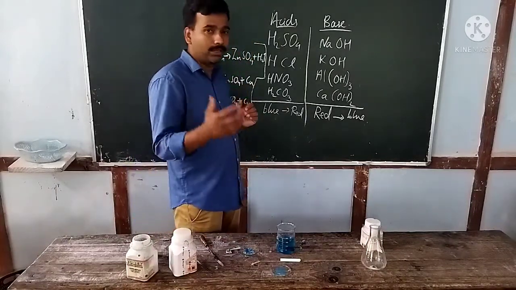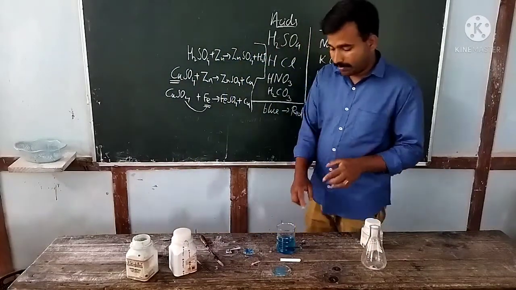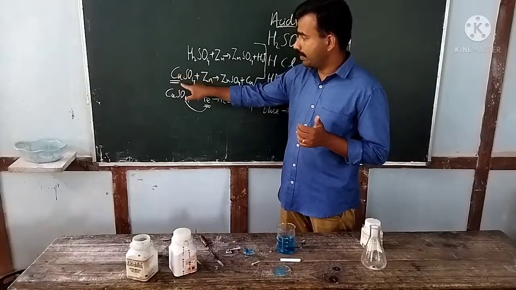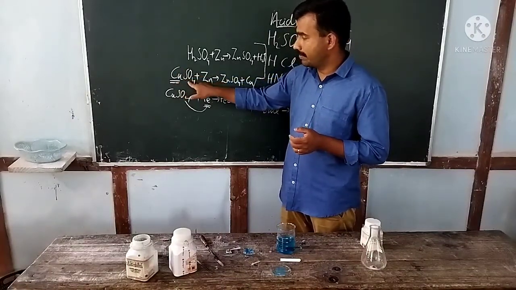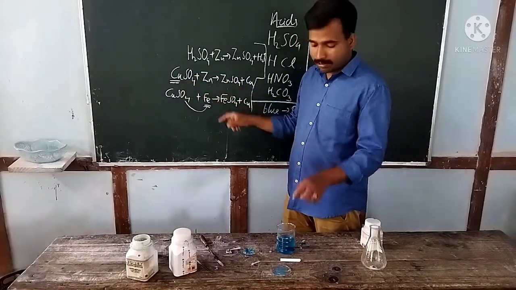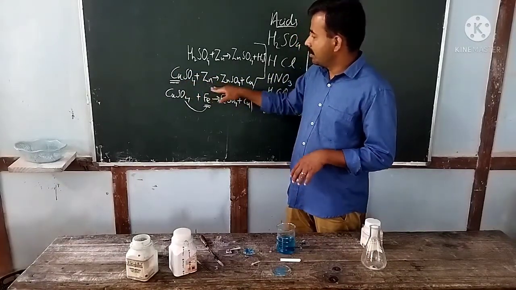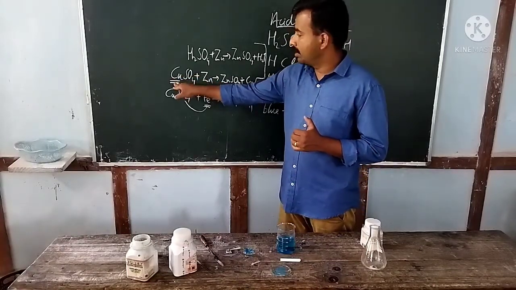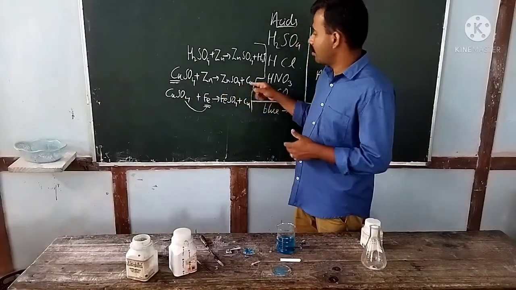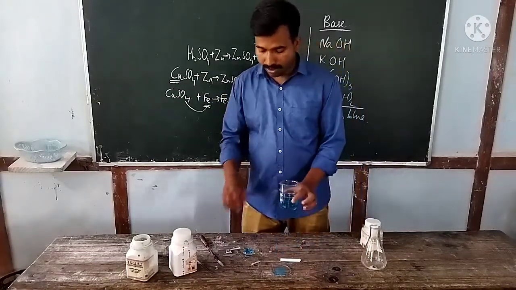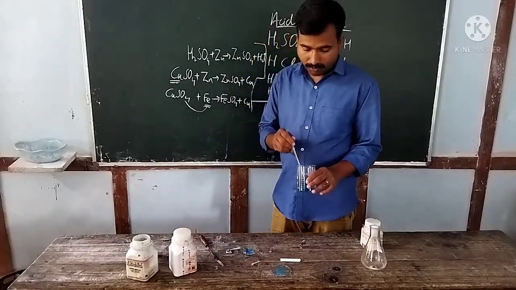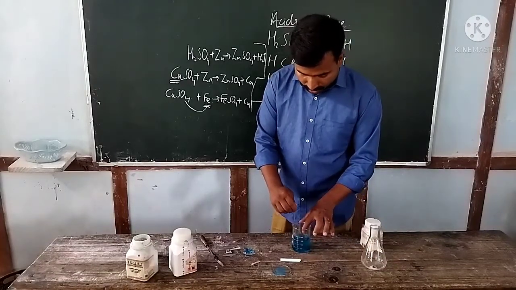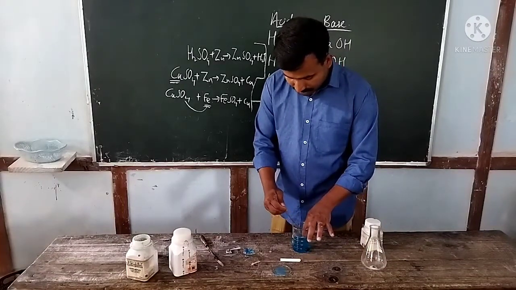So what actually happens during the chemical reaction? After some time, it may take 5 to 10 minutes, the salt solution which I took, copper sulfate, CuSO4, with zinc granules put into it, reacts. After a while, the zinc will displace copper and form zinc sulfate, and the displaced copper will be formed. You can see it getting coated onto the surface of the zinc granules.